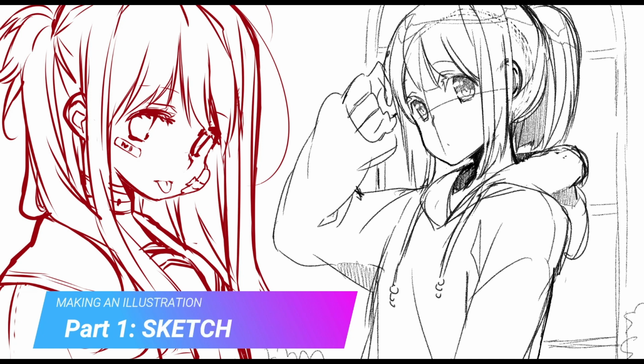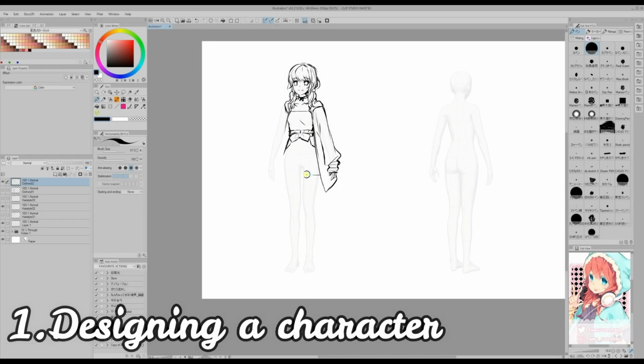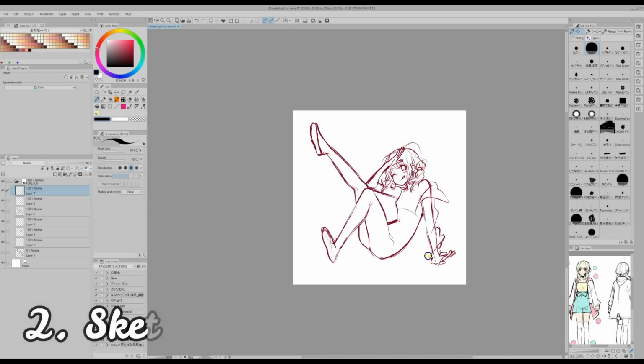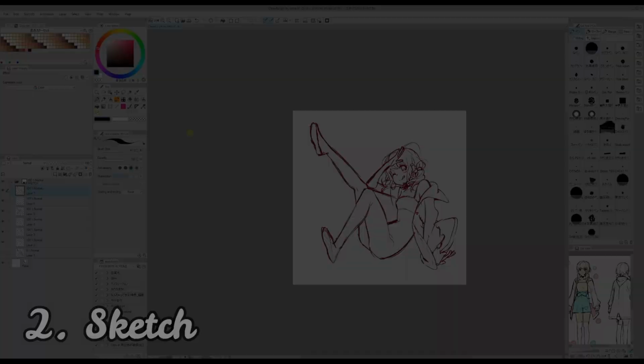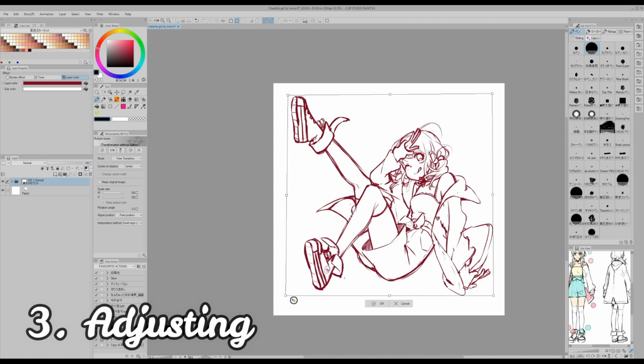Art is my full-time job and I would like to share some tips and tricks to start and finish an illustration using Clip Studio Paint. On this tutorial we will focus on the following: designing a character, working on the sketch of the actual illustration, adjusting the sketch so size and angle are correct before inking,